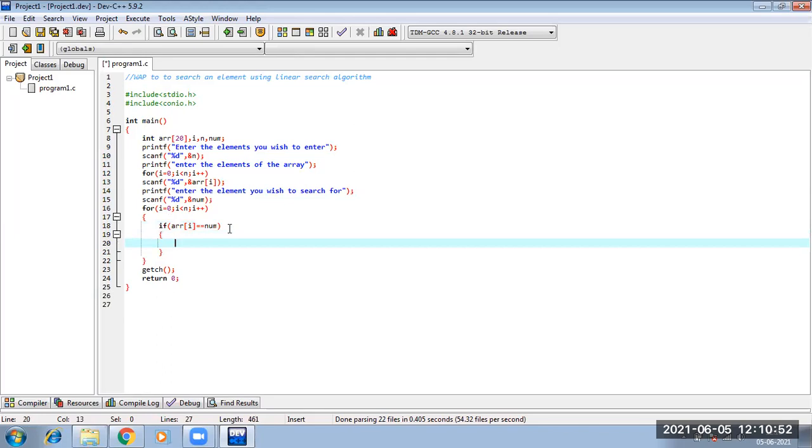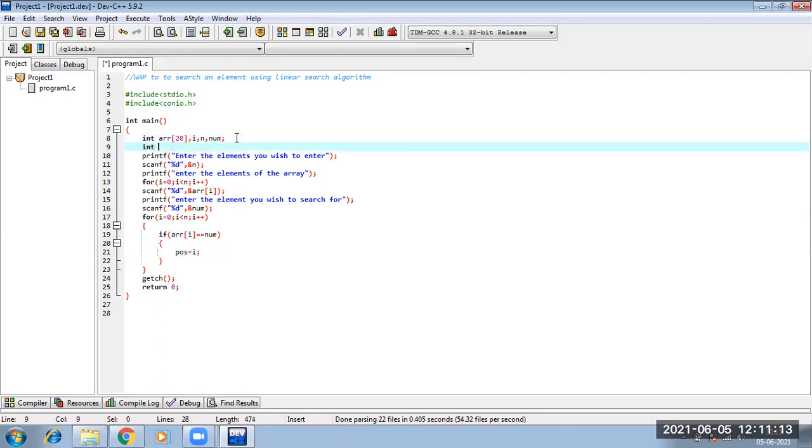I will return i. So the value of i which I am having needs to be placed in some other variable. Suppose pos is that variable where I am saving the index location. So I need to declare pos as well. So I have done that.